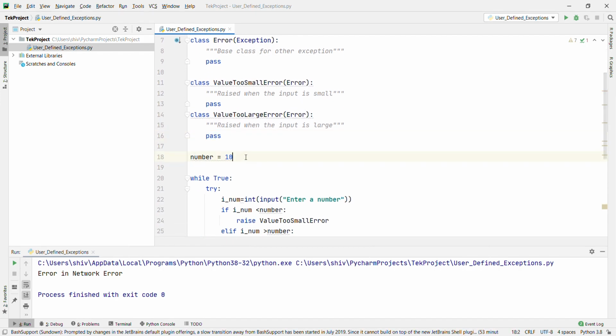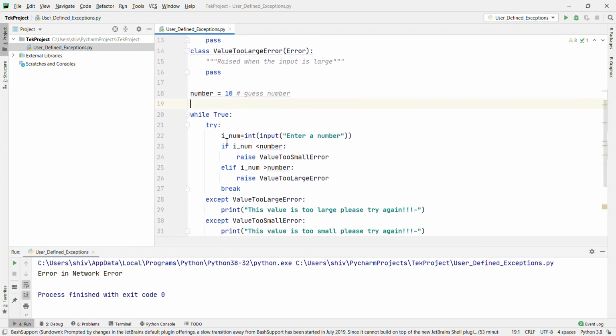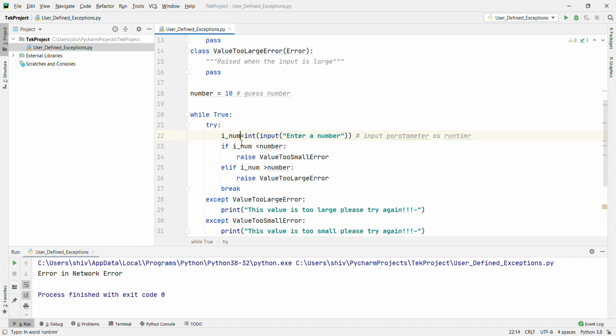Now we are going to give this guess number, if you are going to guess the correct number, right? Now this is going to loop until you use the correct guess number 10. Here you are taking input at runtime. And here we are checking if the value is the right number 10, whether it is less than the number. Here we are guessing the value, is it less or not.